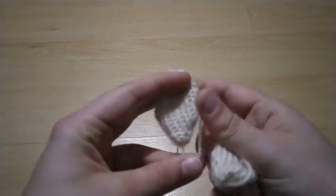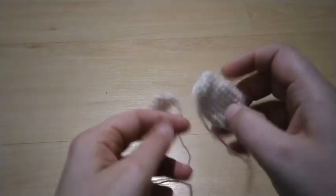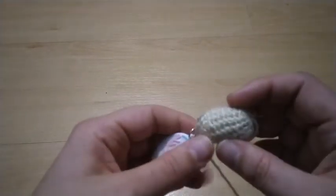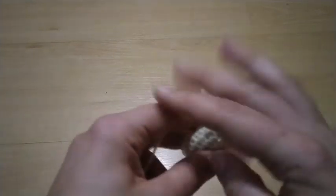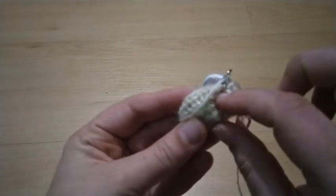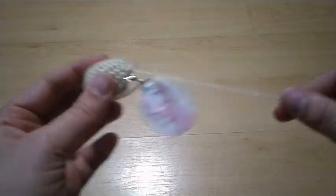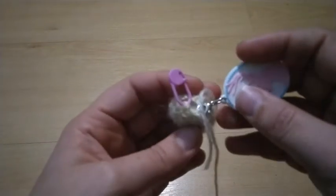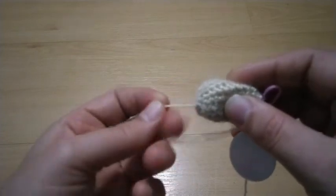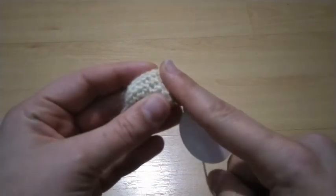And I have the ears that are going to be sewn onto the head, so that's also finishing the head. And I started making one arm, so I got about 10 or 11 rows. So that's stuffed, because this is the amount of stuffing that's going to be needed for an arm, and the rest is just going to be crocheted but not stuffed. The stuffing goes to the end of an arm. So I need to finish this arm, do the second one, the other one,